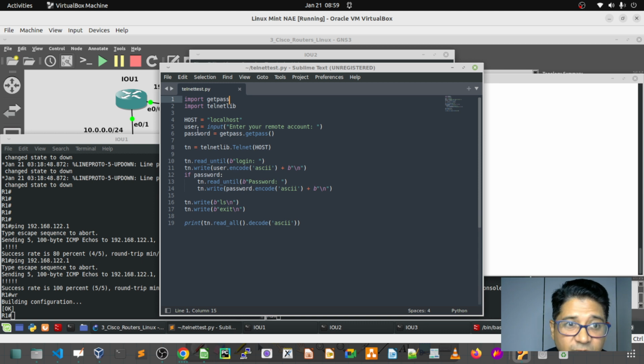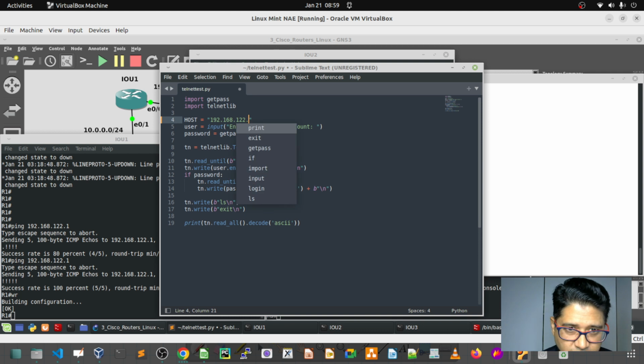Now next, the variables. A variable is nothing special; you can name it anything. Three things we need as input: the host, which is whom you want to telnet to, the username, and the password. These three things we need to tell any device. So the first variable is host equals localhost. I'm going to change this, because there is nothing called localhost, and I don't have DNS to resolve it. This is one of my routers,